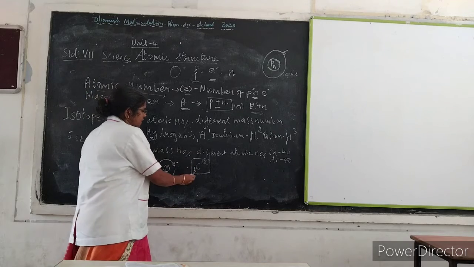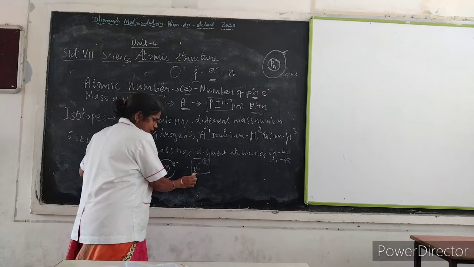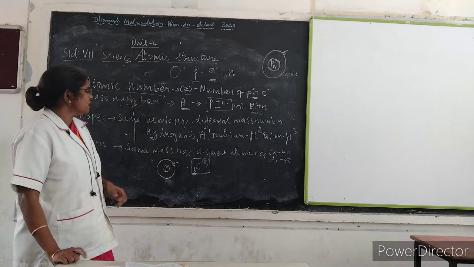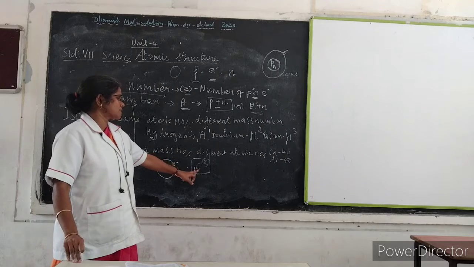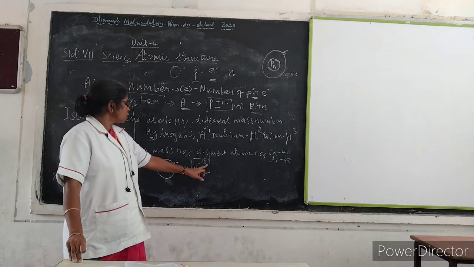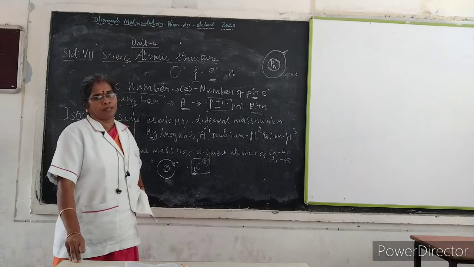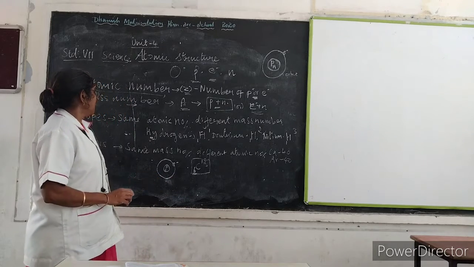The atomic number is written at the base and the mass number is written on the top. So in the representation of carbon, carbon 12, 6, the 12 represents the mass number and the 6 represents the atomic number. So if you take hydrogen,